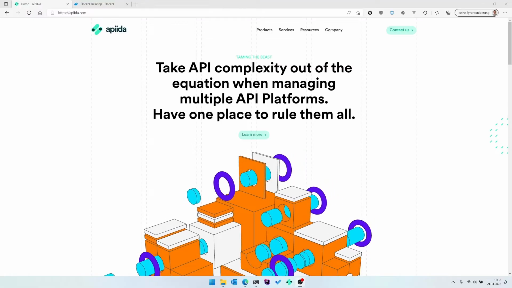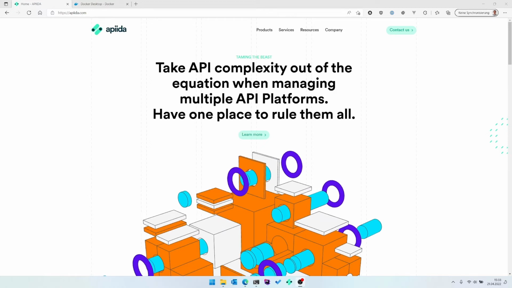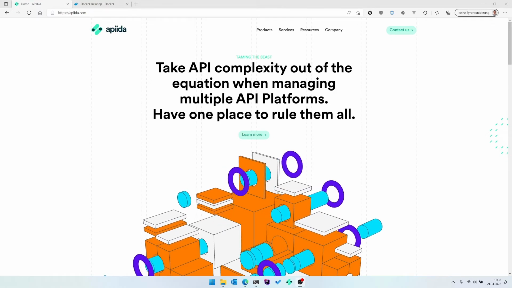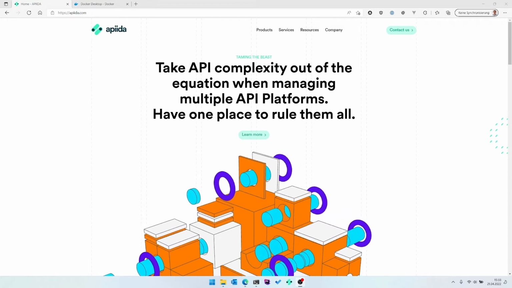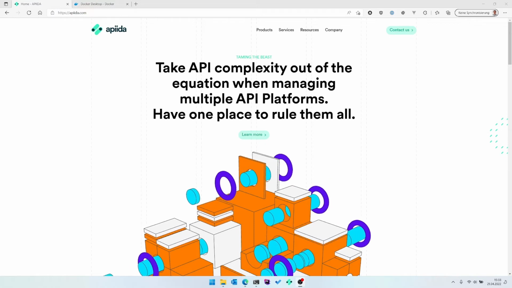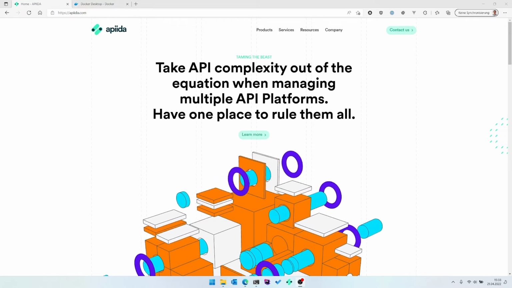And welcome to our introductory series on API Gateway Manager. My name is Markus Müller. I am co-founder and CTO of APIIDA. And in this first installment of the series, we are looking at how to install the API Gateway Manager within